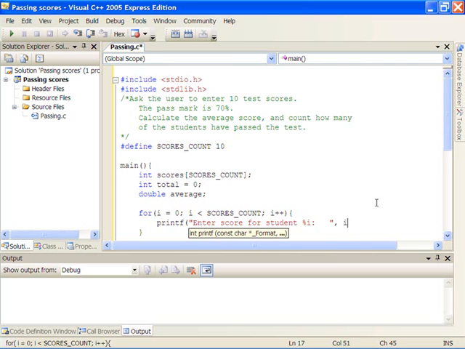And we're going to use i+1. And then we'll scan in the score for that student. So that will be ampersand